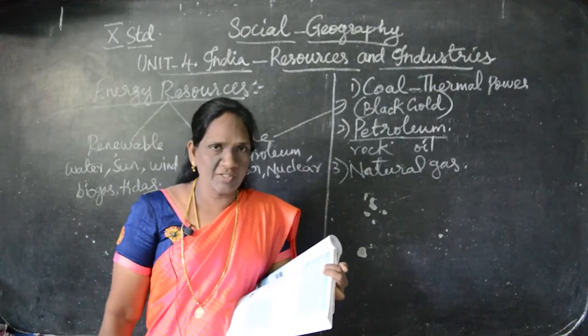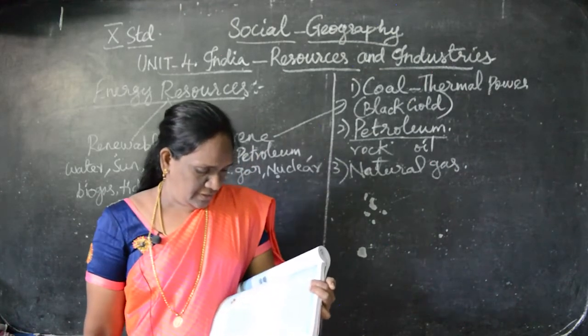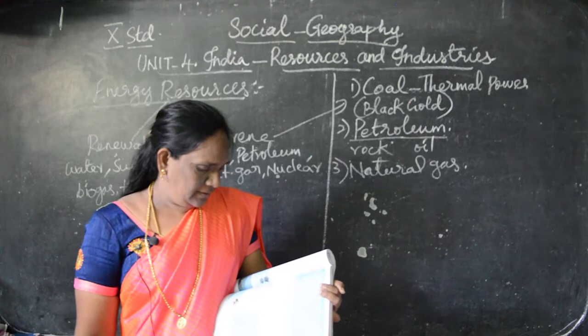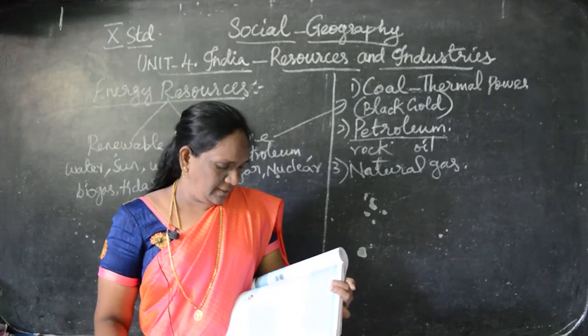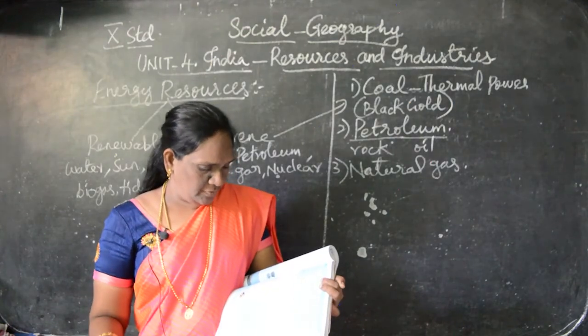We use natural gas at home, the gas cylinder. It is very much useful. And what else is in it? Carbon dioxide, nitrogen, hydrogen sulfide, all these we have in this